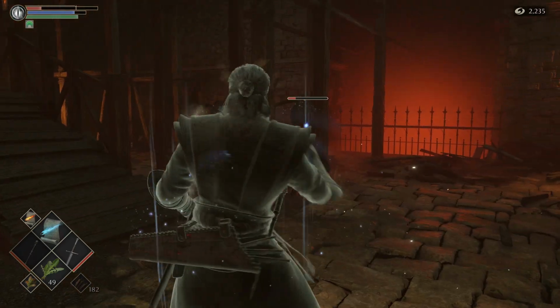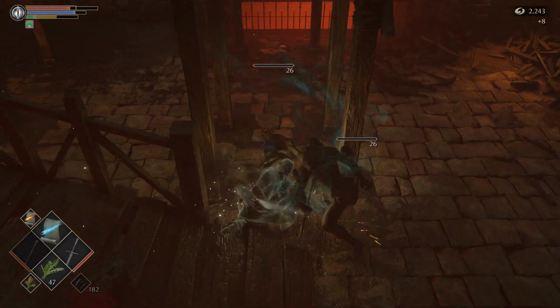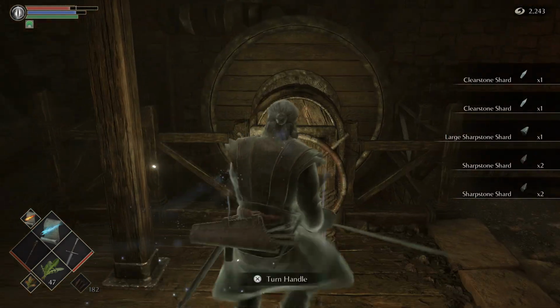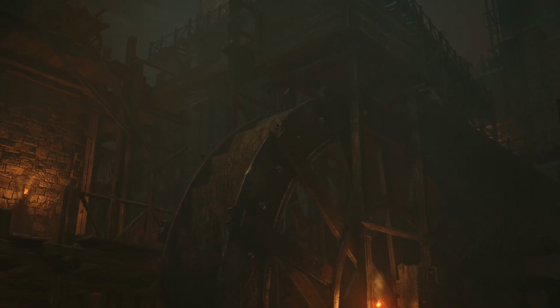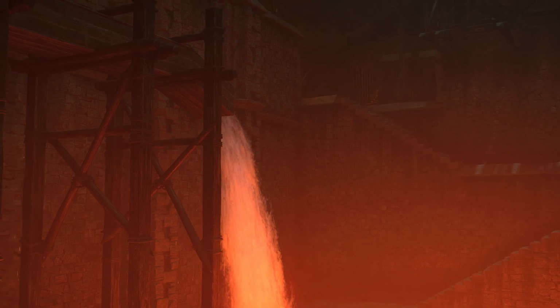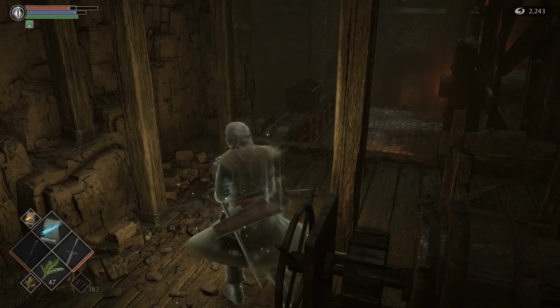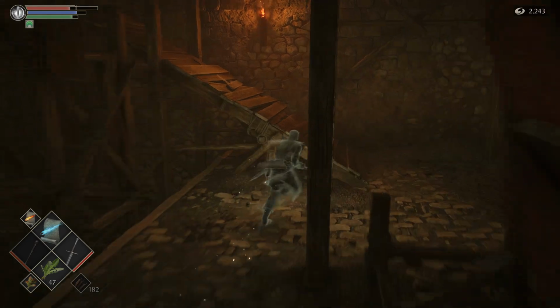Oh. There. That takes care of all the enemies in this area. We will grab this loot from that guy, and we're going to hit this handle right here. And that is going to drain the lava in that pit. So we will head down this way now, and we've got to go back up and around. So we'll take a right